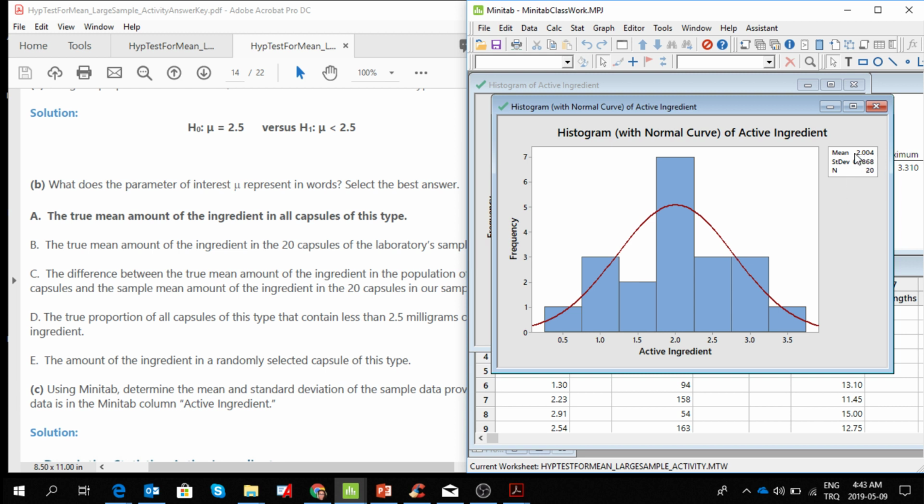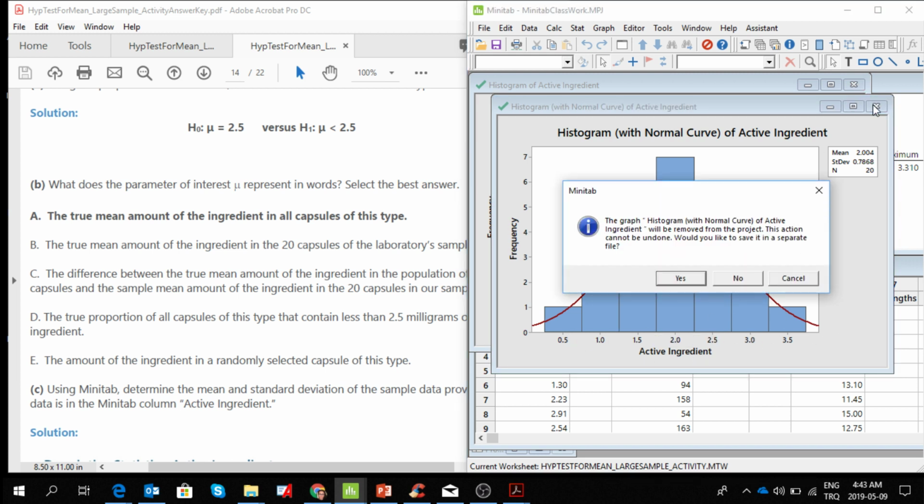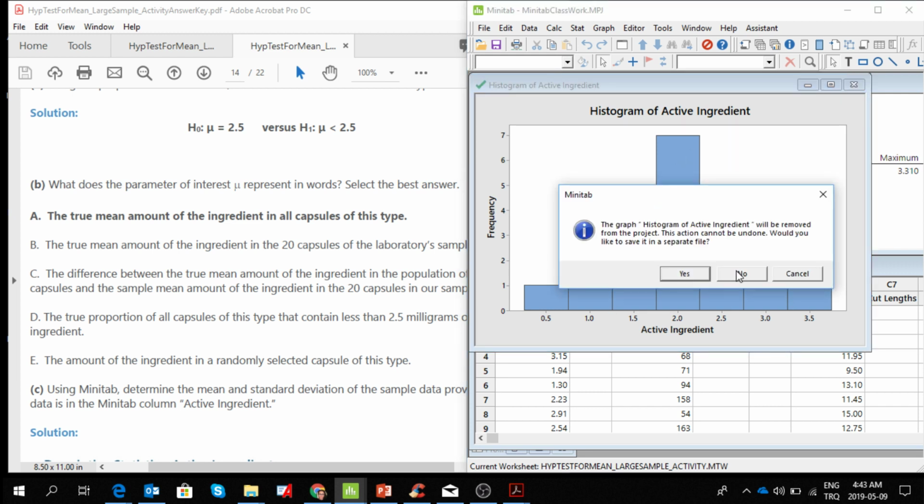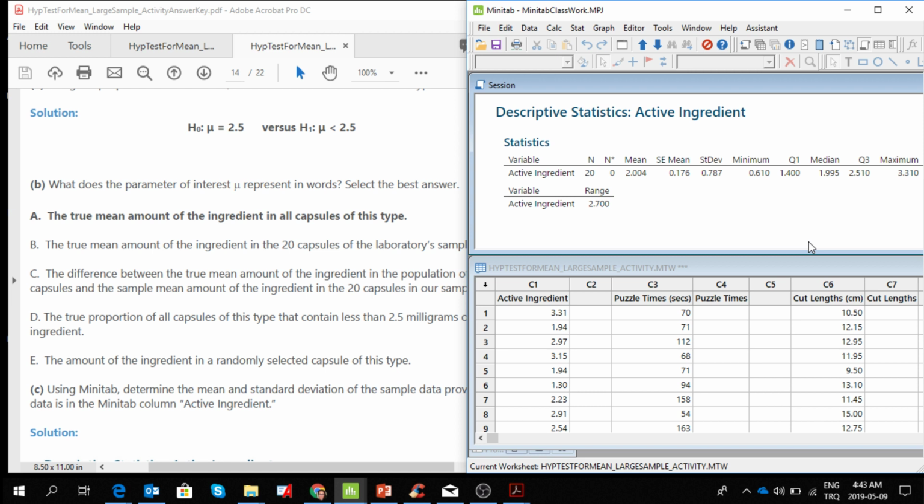You can also get it from the definitions. See, n is 20 here, the number of data in the set. The y-axis is the frequency of the data elements, and this is the active ingredient amount. I'm gonna say no. So this is without the normal curve. You can see that this could fit a normal curve. So you don't need the graphs, but the descriptive statistics is gonna give you what you